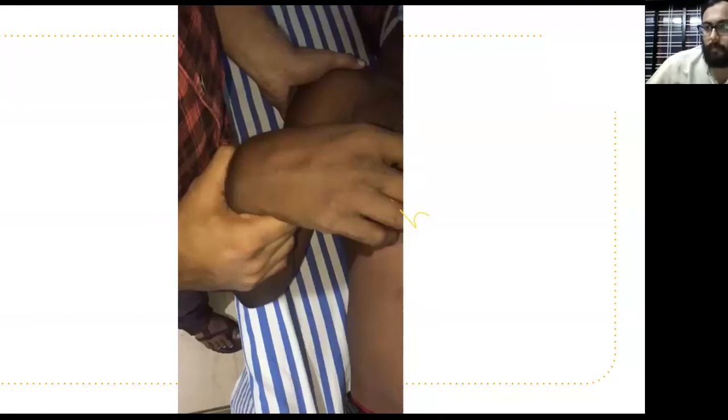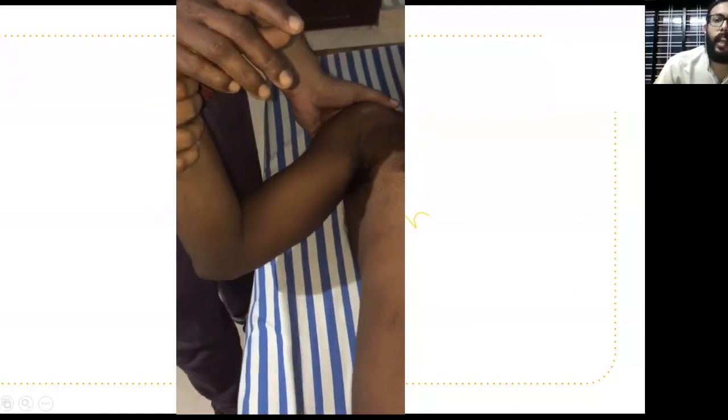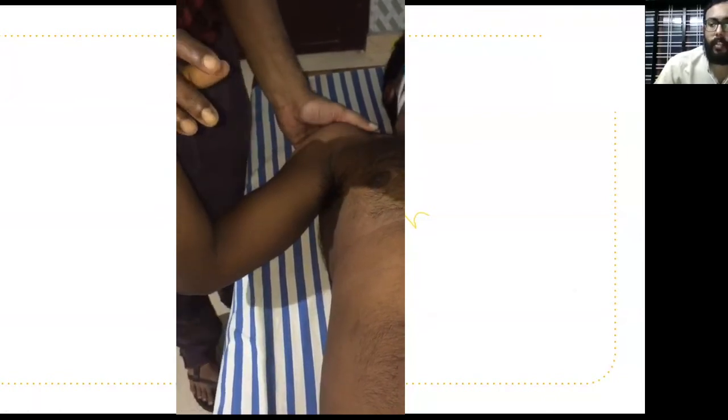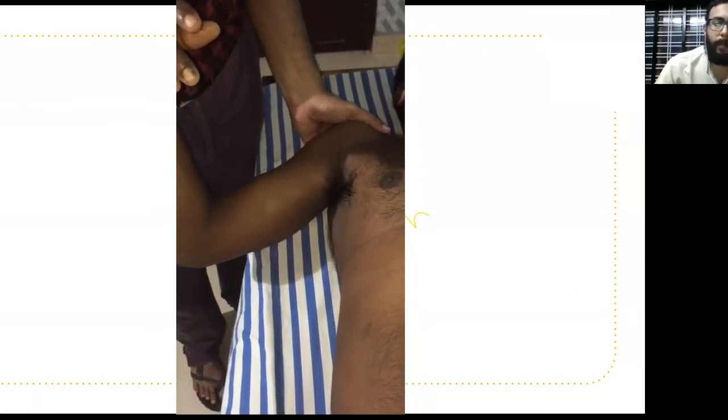In Koch's method, the elbow is in 90-degree flexed position, but in this modified Koch's method, the traction is done with the shoulder abducted. The shoulder abduction and external rotation is the reason for dislocation of the shoulder. So you can see in this video, we are moving the arm to the abduction and external rotation position in which the shoulder dislocation happened.